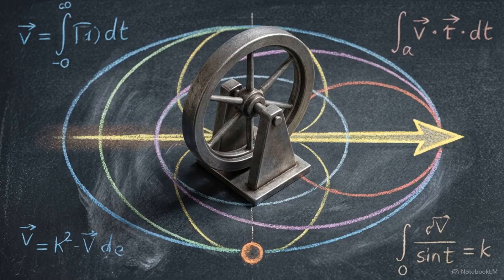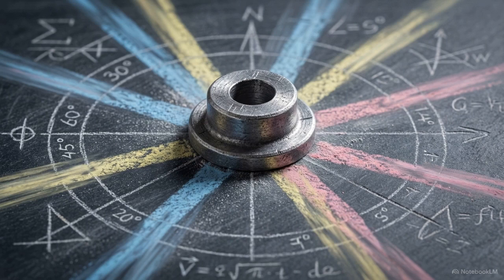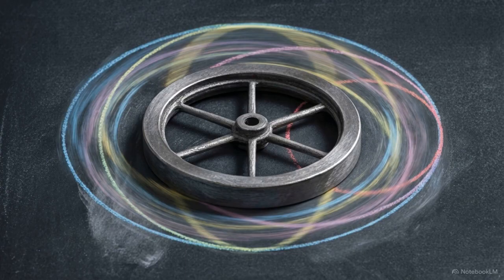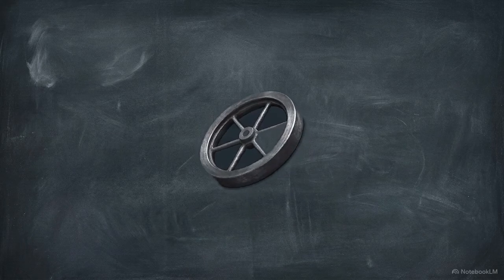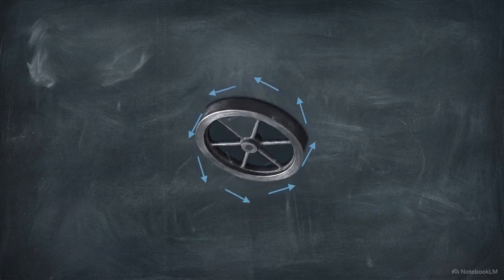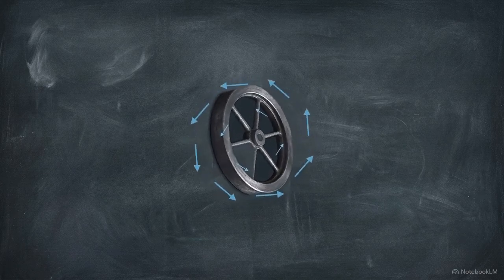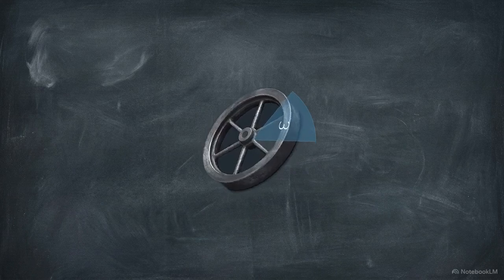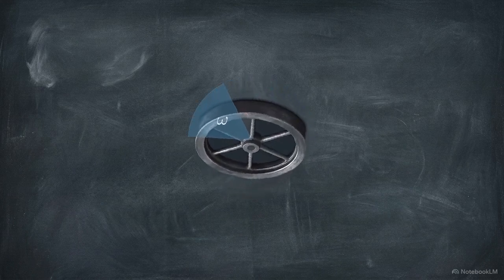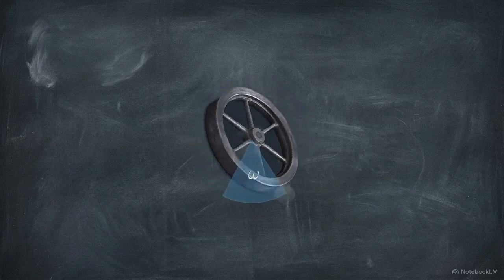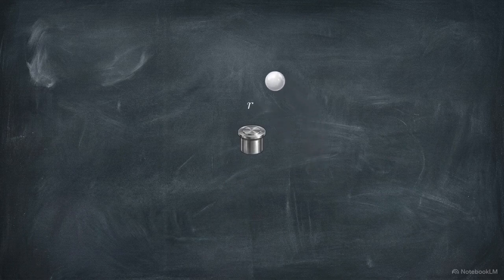Rotational motion presents a unique mathematical challenge. A spinning wheel's center of mass is completely stationary, meaning the linear rules we just established seem to break down. Measuring linear velocity, or v, is useless here. The rim moves rapidly, while the center doesn't move at all. This diagram introduces angular velocity, represented by the Greek letter omega. Instead of measuring distance in a straight line, it measures the sweep of an angle over time, a value that applies uniformly to every single part of the turning object.